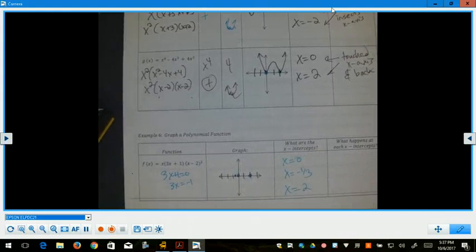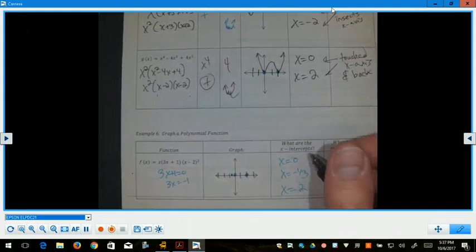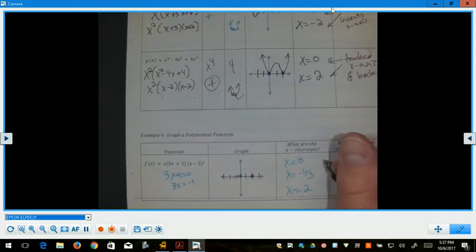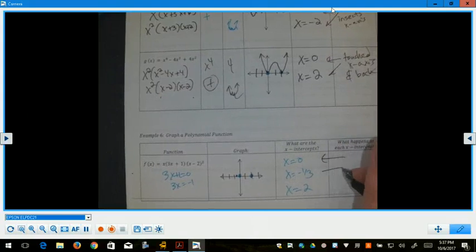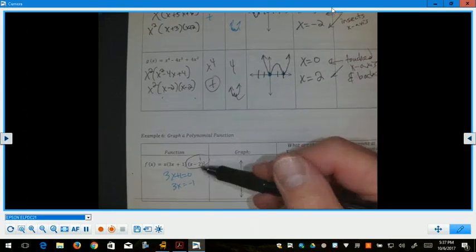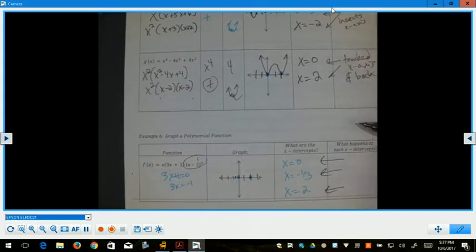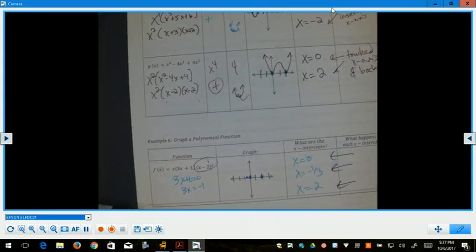Probably should have scaled it a little different to make it go out more. Well, if it follows the same behavior as the other ones, it's probably going to cross here, and probably bounce here, given that extra factor of x minus 2. So we're going to look on the graphing calculator with that. We have y equals x times 3x plus 1 times x minus 2. And when we do this on the graphing calculator and look at the graph,